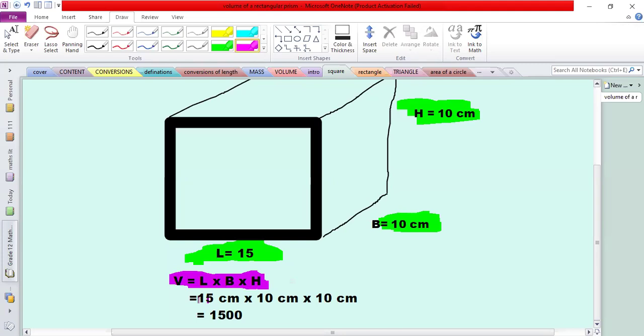So it's going to be 15 centimeter multiplied by 10 centimeter multiplied by 10 centimeter, which is equal to 1,500. That's how you calculate it there. I believe no one has difficulties on volume. Can we go to the